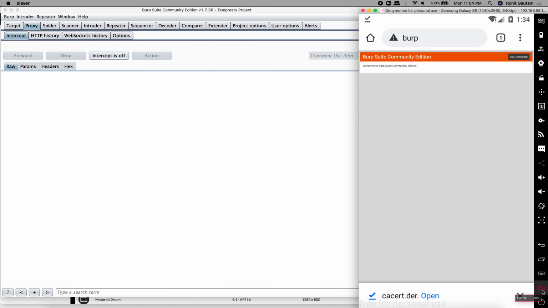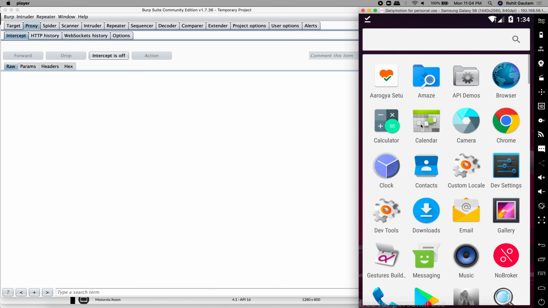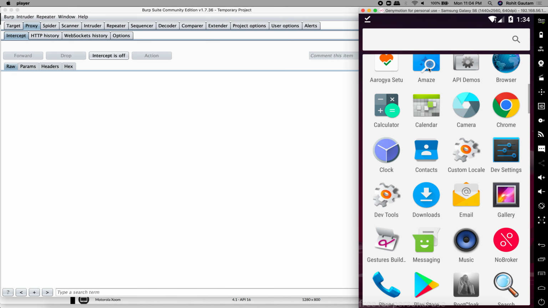All right, so I'm going to go into the file manager and rename the certificate quickly. So let me go into my file manager. Once I'm in my file manager, I'm going to rename the certificate and then we will move ahead.